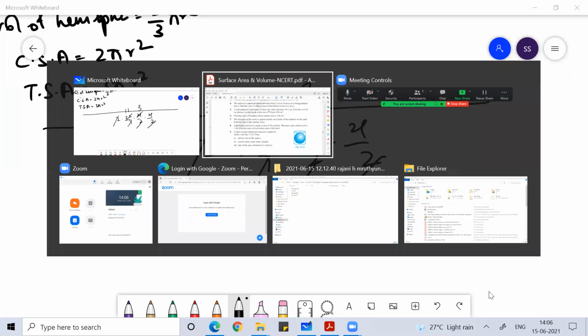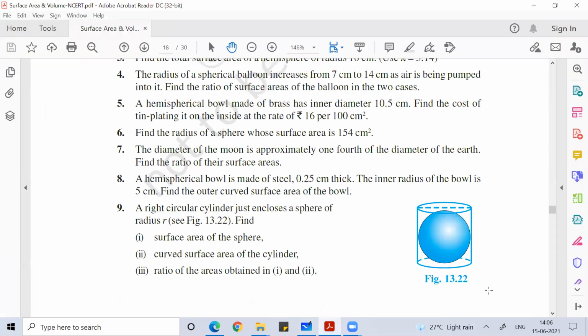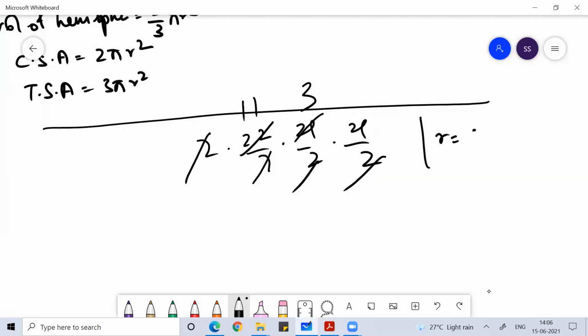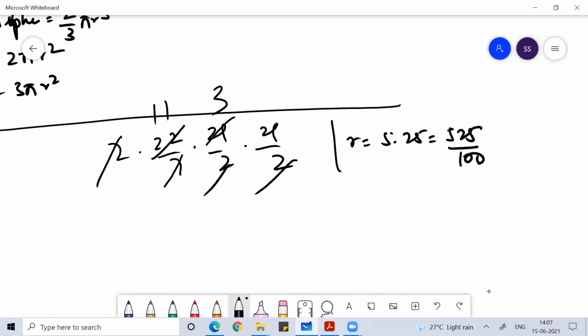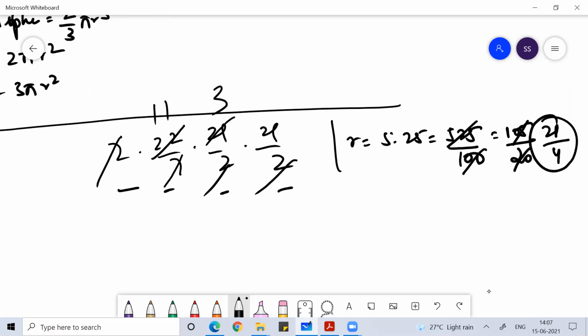ऐसा क्या? Decimal में मैंने कुछ गलत किया क्या? So the outer radius हो जाएगा इसका 5.25. Correct ना मैंने? Yes, sir. The radius हो जाएगा 5.25, 5.25 मतलब 525. So we have to find the formula for the outer curved surface, which will be 2 pi r square. 2 pi r square बोली वही लगाया. Yes, sir. तो 2 ये हो जाएगा 2, 105. हाँ 2 pi r square. Yes, sir, इसमें 105/20 लिखा. अच्छा 105/20 होगा 20. तो ये हो जाएगा 21/4. अच्छा 21/4 है. Sorry my mistake.